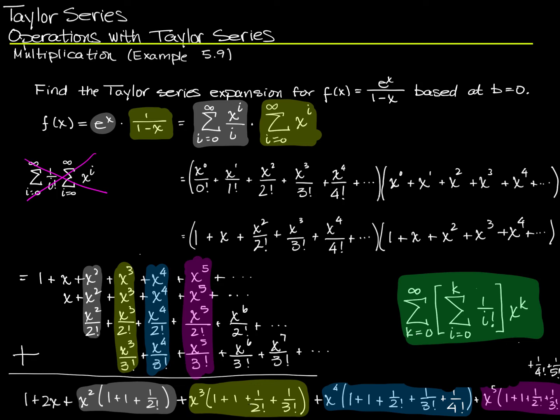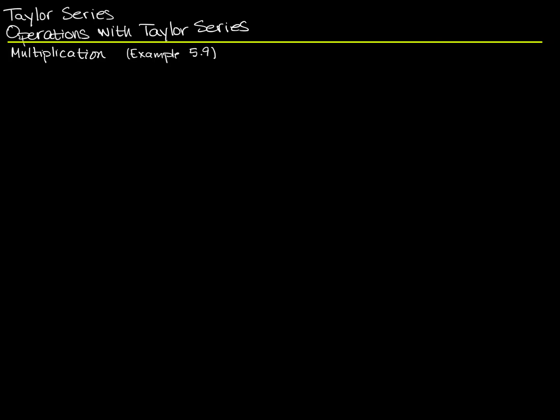I think I'll do it on a new screen though. So remember this result, that the Taylor series for this expression, for this function, was not just the Taylor series for one times the Taylor series for the other. What we can do, and I'll show you on the next screen, is we can write f of x times g of x is equal to